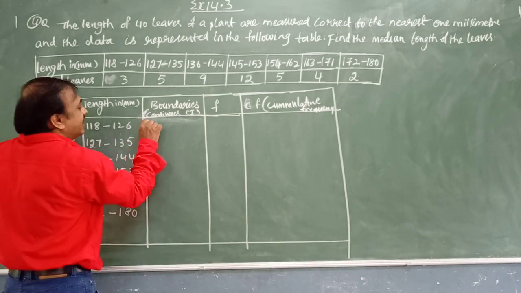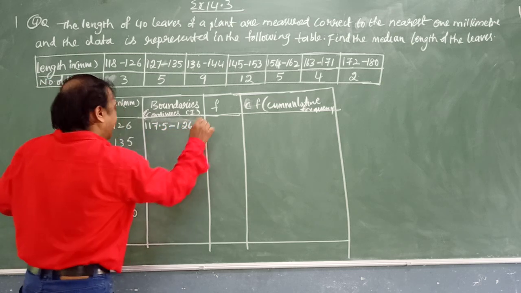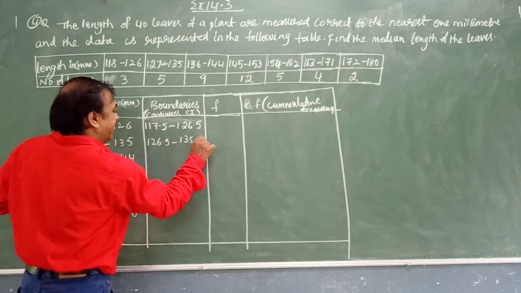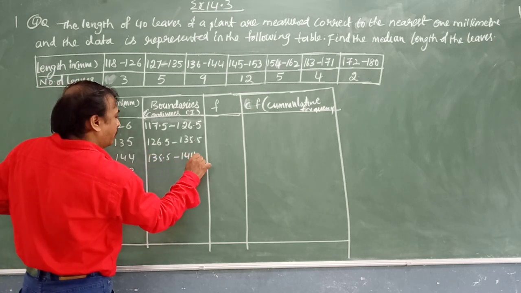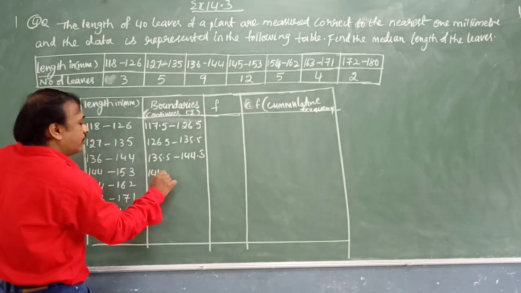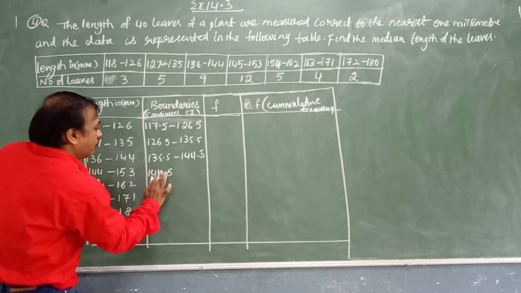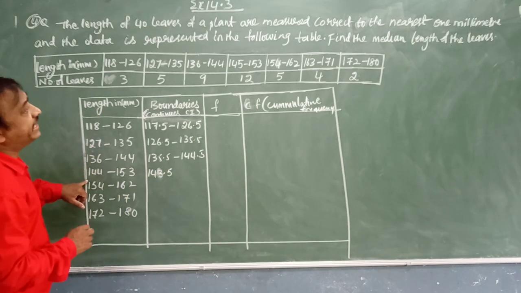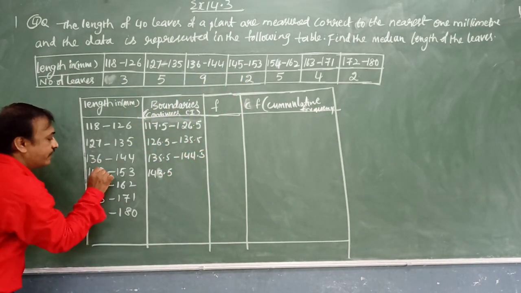So here 117.5 to 126.5. Next 126.5 to 135.5. 135.5 to 144.5. Next, sorry, this is 143.5. This is 145. Here we wrote it wrong. So this is 145. That means 144.5 to